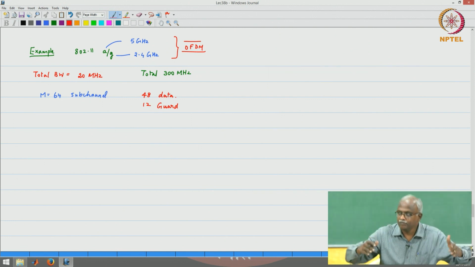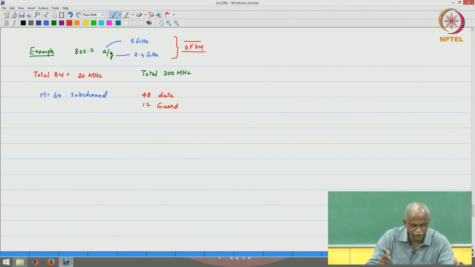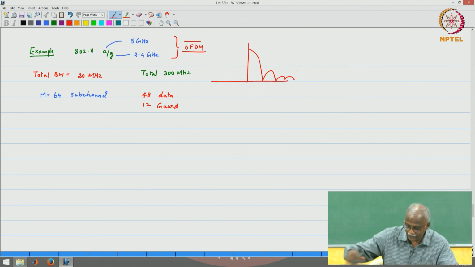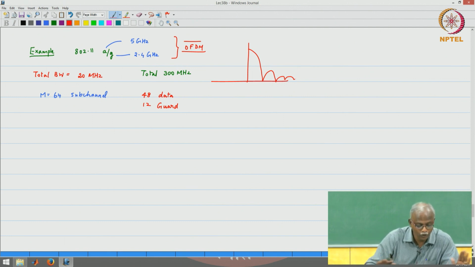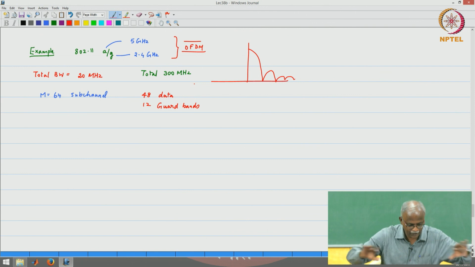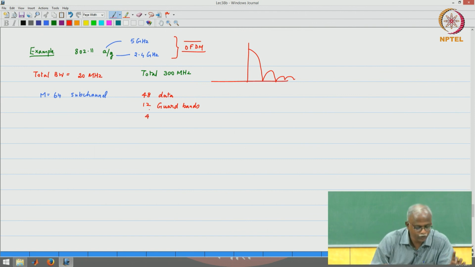because your spectrum tends to spill because you are using a rectangular window. Basically, the rectangular window, as you know, has a very, very slow roll off. So, you do not want to cause interference outside your 20 megahertz. So, they use guard bands. Okay, so 6 in the beginning, 6 at the end are used, and then there are 4 channels on which